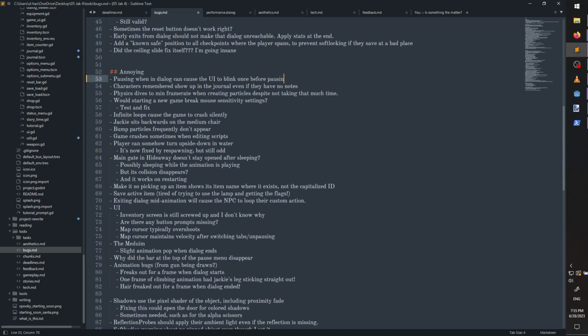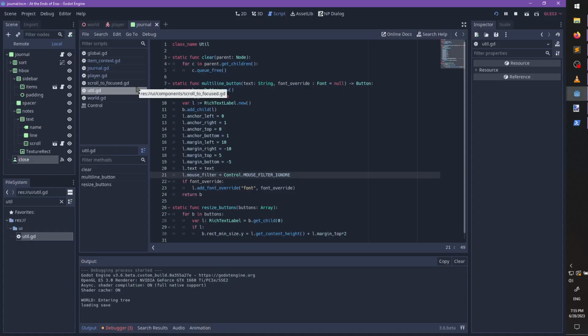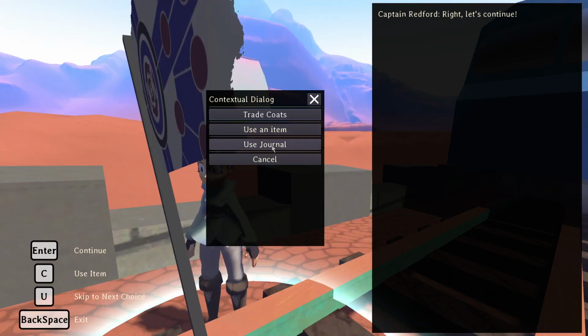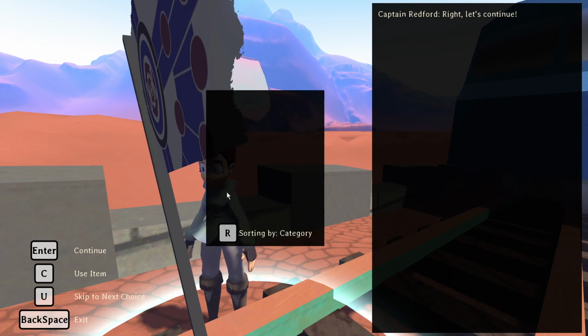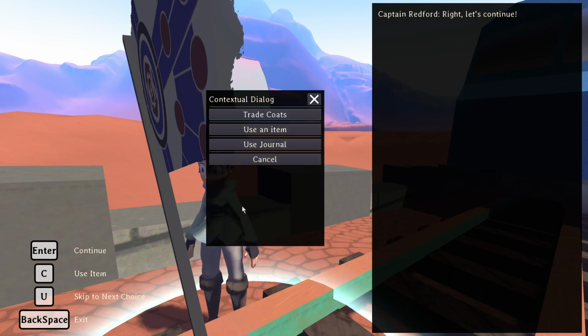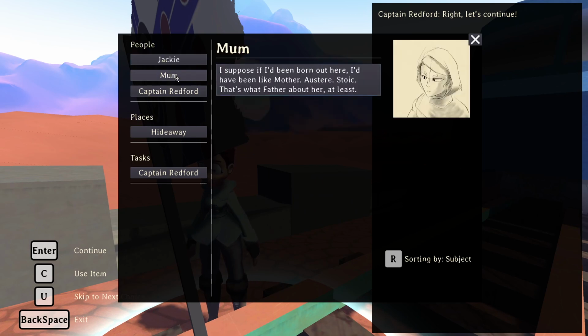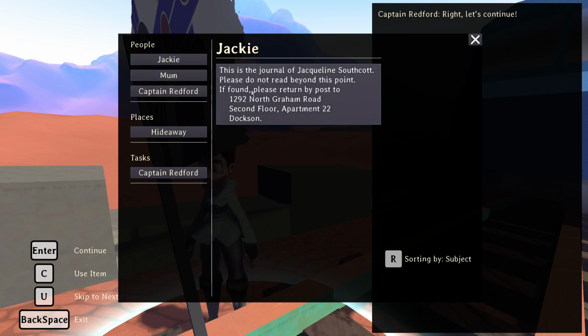Or pausing. Create codes, use an item, use journal. Oh, I should put the thing there. Okay, and this